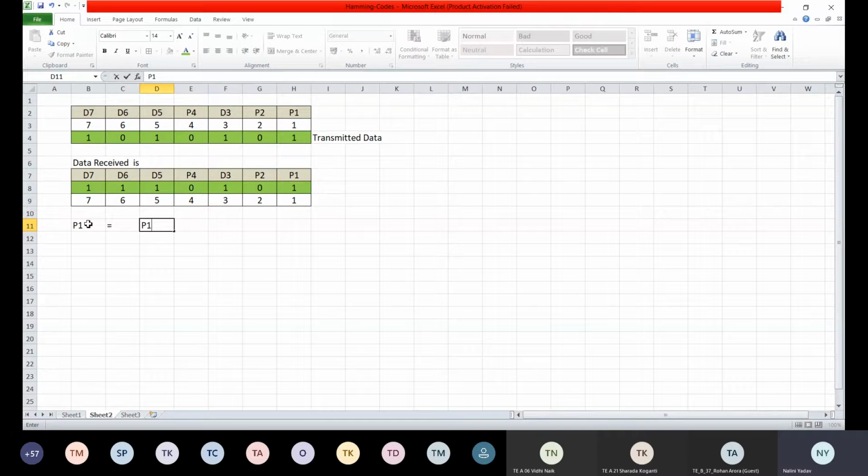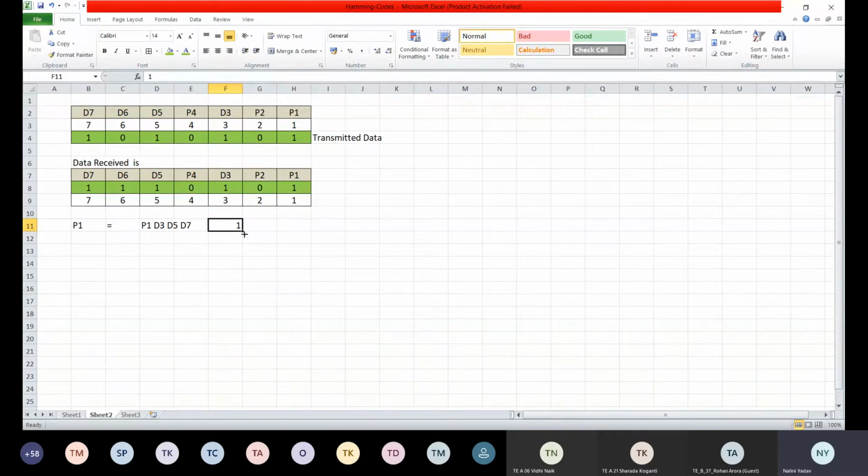On the receiver side p1 will be calculated as p1, then we have d3, d5 and d7. With all these bits we will be calculating p1 at the receiver end, correct? So it should be d3, d5 and d7, correct?